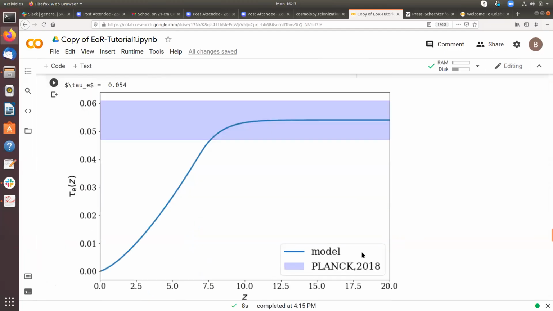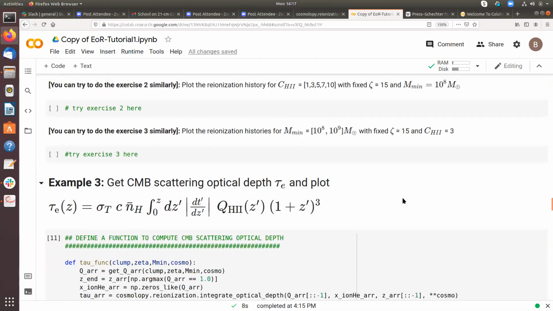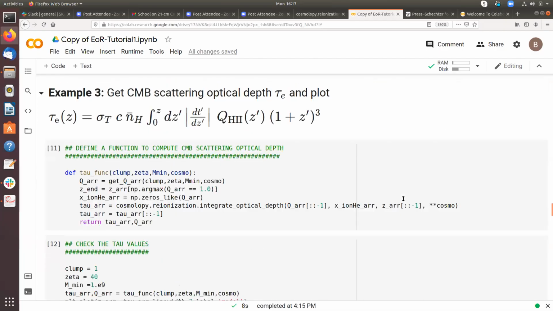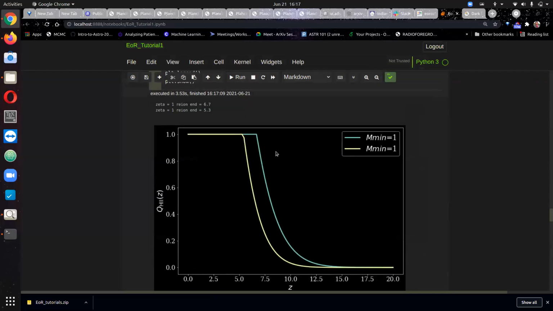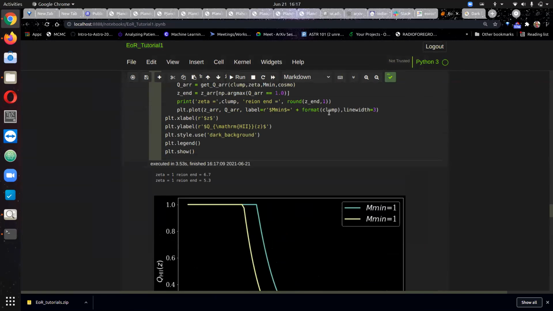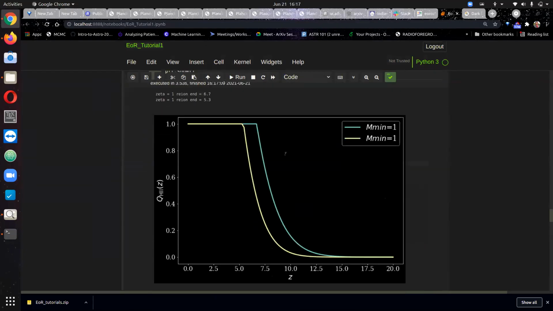Hello. Yeah, so I tried exercise 3. Yeah, sure, it is changing the m min. Can I share my screen? Yeah, you can share your screen. So this is what I got.